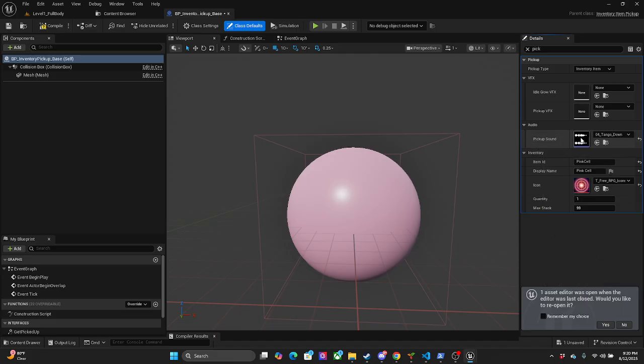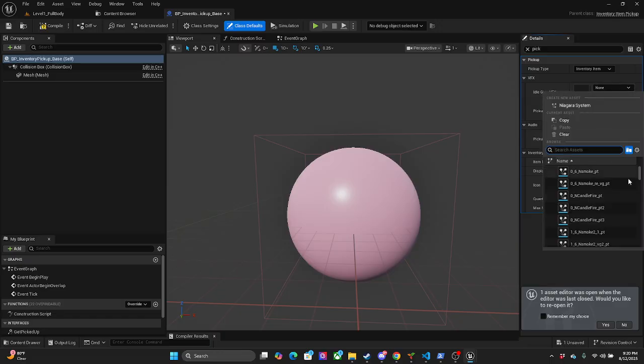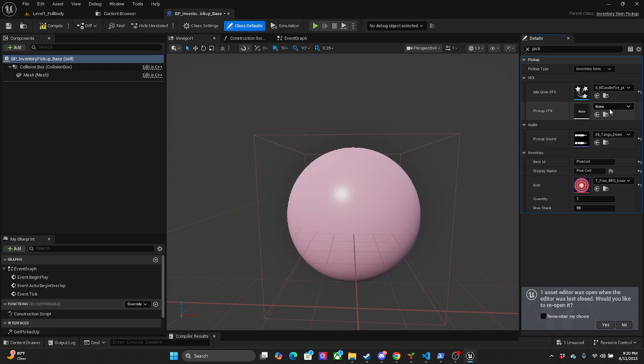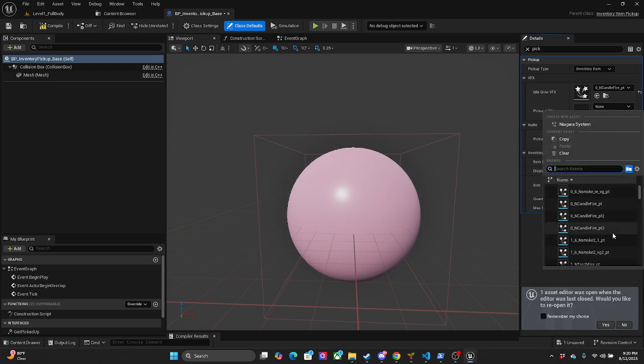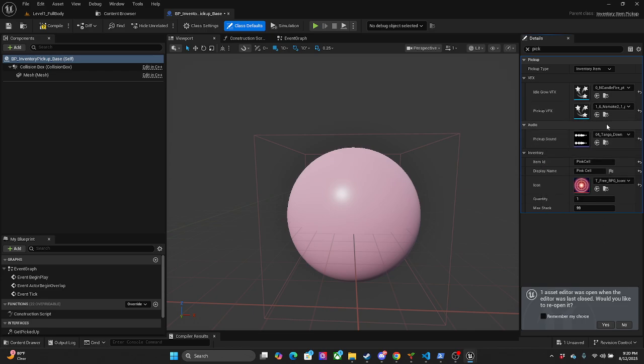That's funny. And glow effect, pickup. It'll glow fire. It'll turn to smoke when we pick it up. It's a big cell. That's going to be its icon. Quantity 1, max stack 5. So we'll test that at some point. File, save. So that's our item.